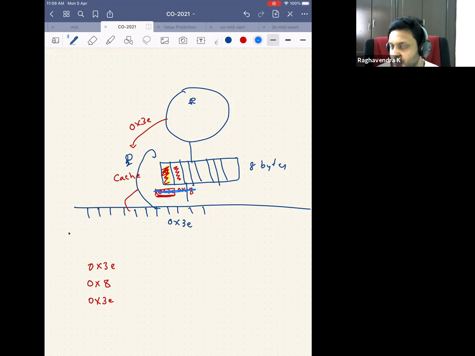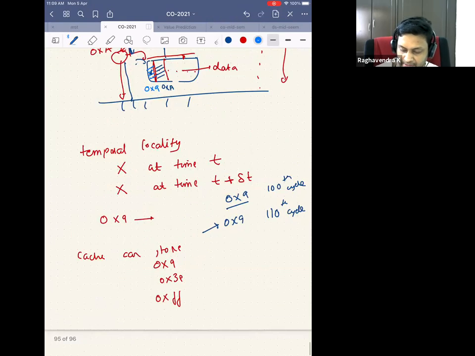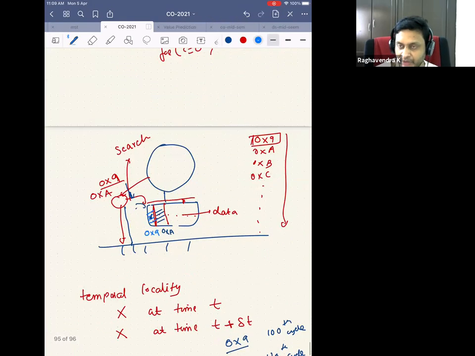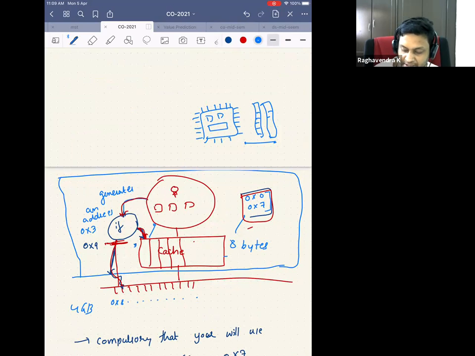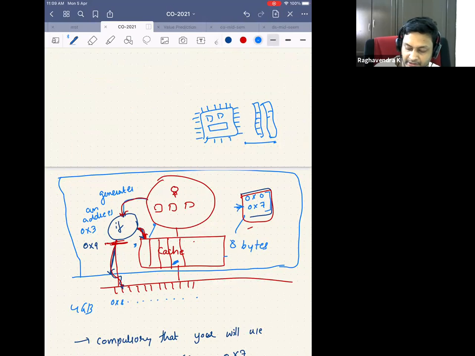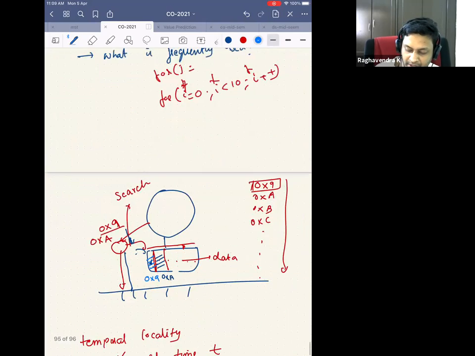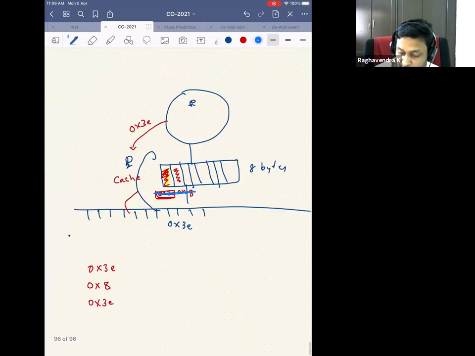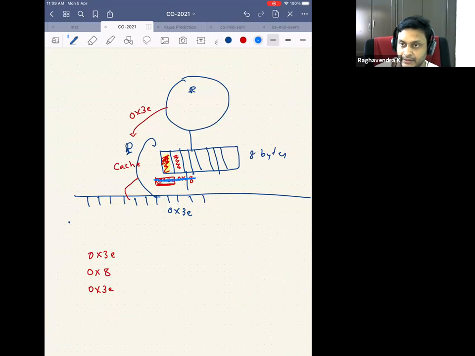Yeah. So is there any other way to do this without storing the address and the data? In my previous design, now you can see the beauty of my previous design, right? In that previous design, did you have to store the address? No, it was not required. Because you know where 0x3 is, you know that this is 0x3. So now you have come up with a design where I have to know the address, right? So is everybody convinced that you should know the address?